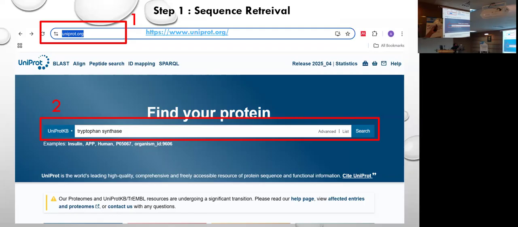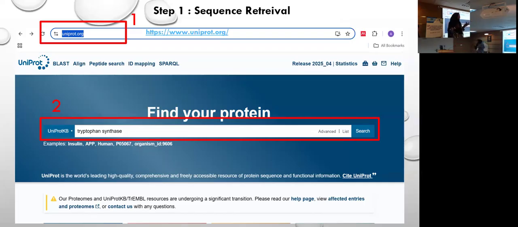Will you please open this website, www.uniprot.org. If you have opened this website, you will be drawn to a page like this. Everybody? You will be drawn to a page where you can write down the name of your protein.